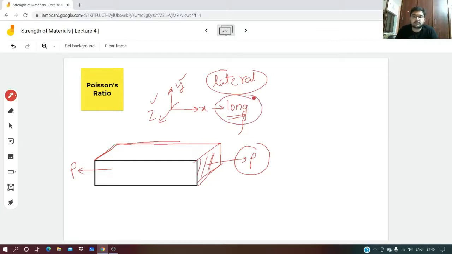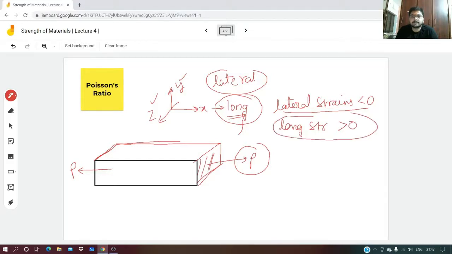And we told that lateral strains are less than 0 and longitudinal strains are greater than 0 when the load acting in the longitudinal direction is tensile in nature. When it is tensile, then that is right. These things are correct. If it is compressive, this gets opposite. Lateral strain will be positive, longitudinal strain will be negative. Anyhow, now